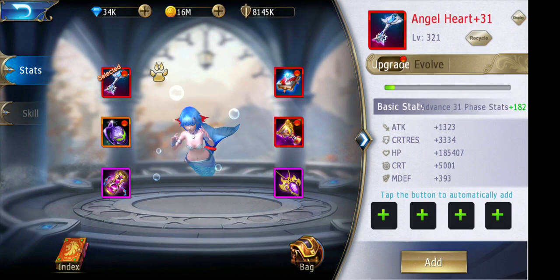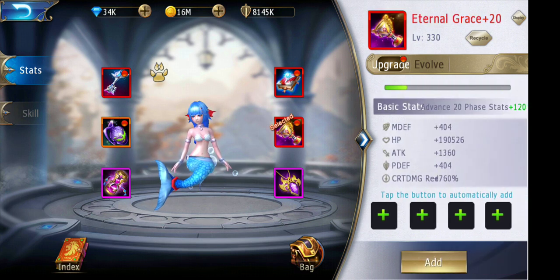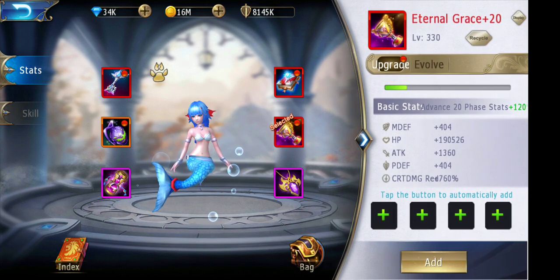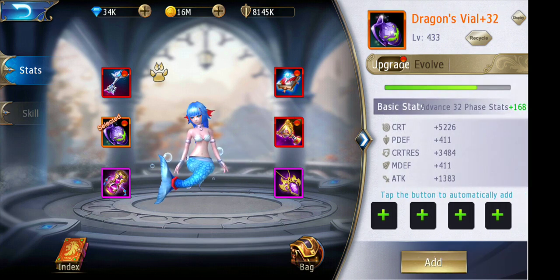So I already stated that we have fewer stats, so why would we want an orange instead of a red if there's not as many stats as the red? It makes no sense, right? Not really. But if you notice, this guy's at plus 32 and this guy is at plus 20. It is much easier to boost up an orange versus a red, especially for this second tier, because you get